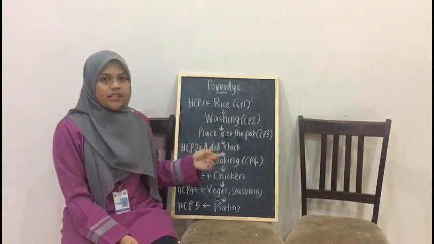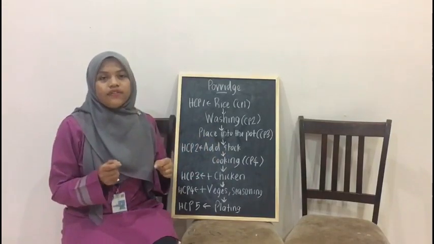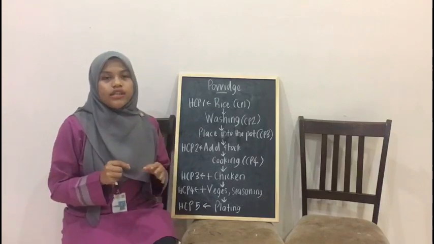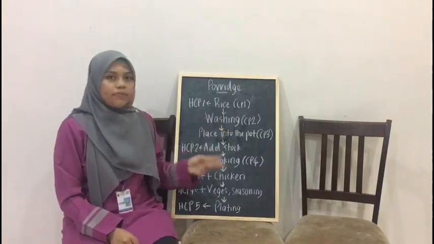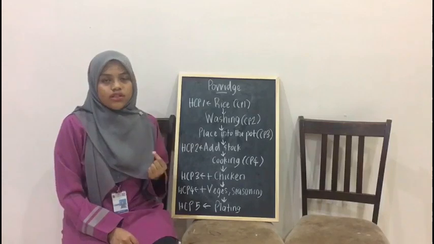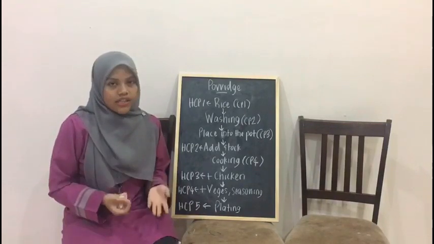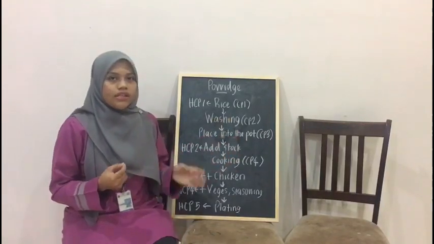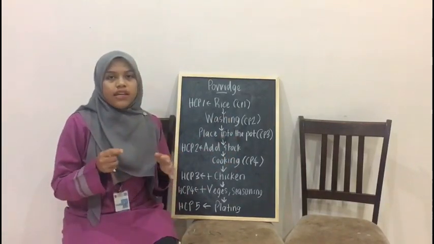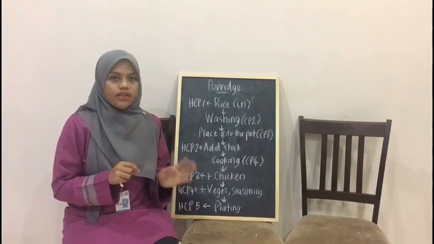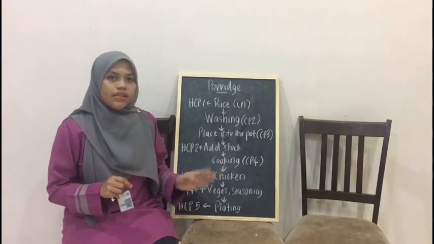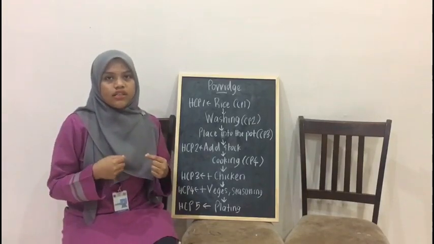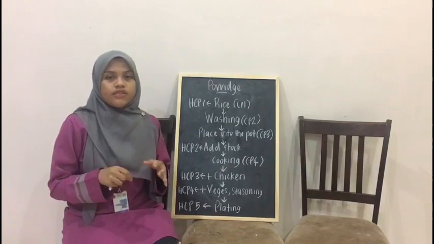The first CP is that the rice is clean and free from rice residues. The rice is also stored in a cool and dry area. For the second CP, the source of the water used must be clean, not intoxicating, hazardous or poisonous to health. The third CP is that the pot that we use is clean from any dust and not affected by rust. The last CP is that during the process of cooking, the rice is cooked at a low temperature until the rice is fully cooked,